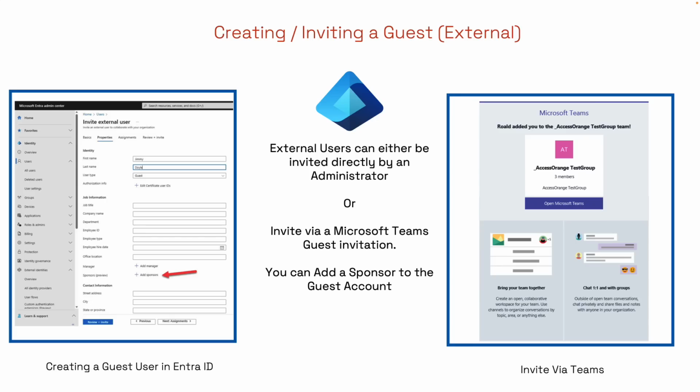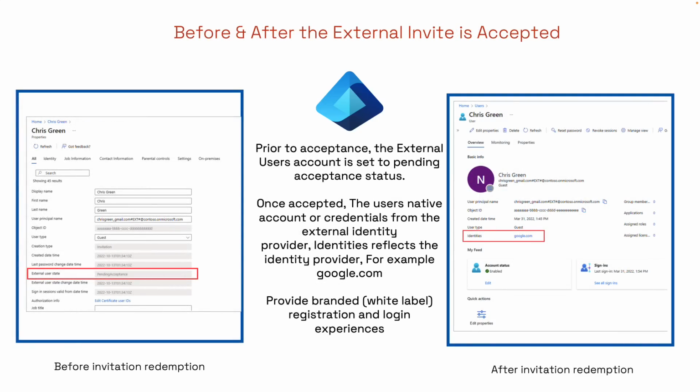So Teams, of course, you send an invitation to a colleague or somebody external to the company who you want to collaborate with. Okay, so they're the two methods of inviting. Now, when you invite a guest, if the guest doesn't respond, you can see on the left-hand side there it says pending acceptance. So it's got a status of pending acceptance. Obviously, once that's accepted, that status would then change.